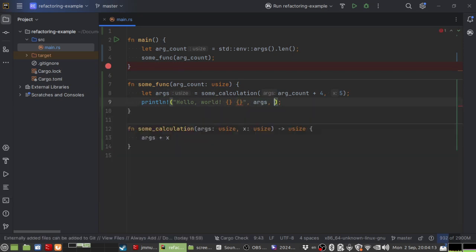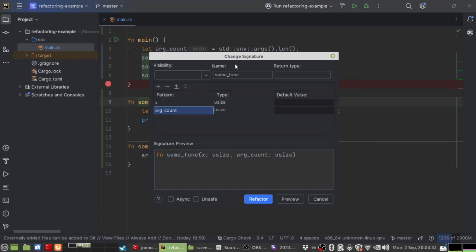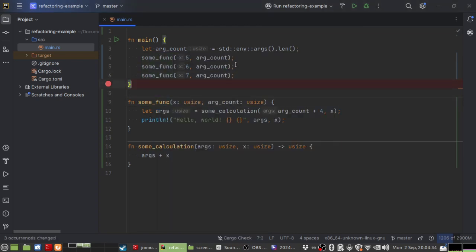Oh, sorry, it would be 5, right? But I can extract both occurrences of that and call it x as well. Let's say I copy this, like make it different, and now I want to reorder the arguments. You see that worked,